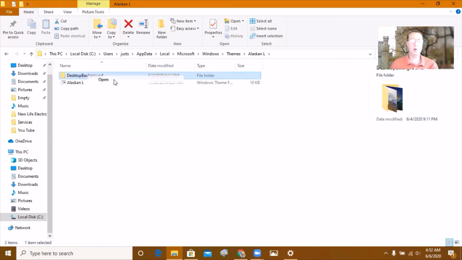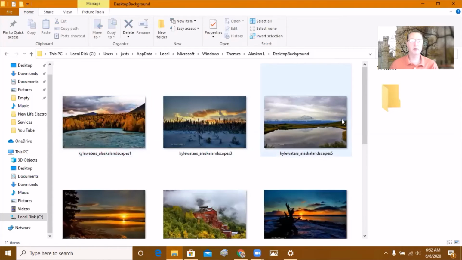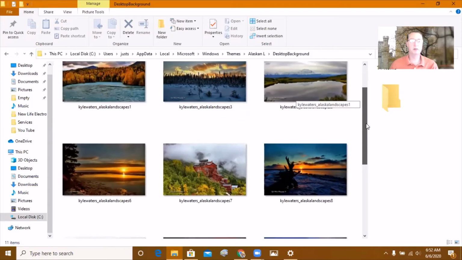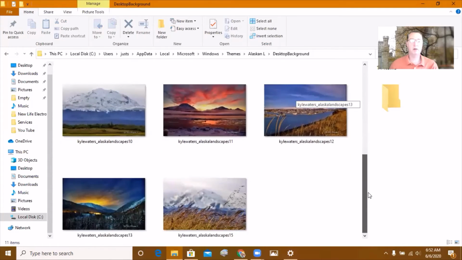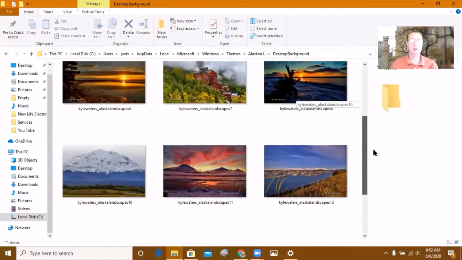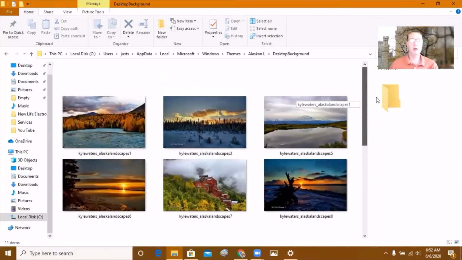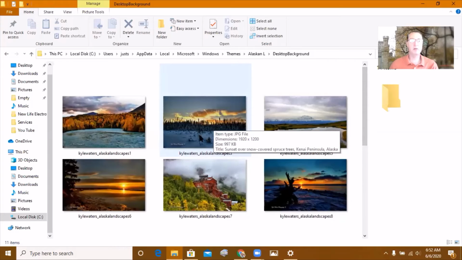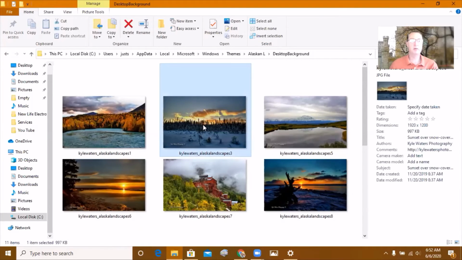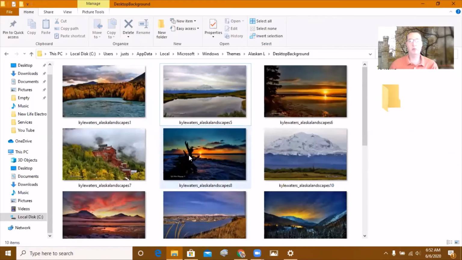It didn't want to cooperate, so I'm going to do the open thing. All right, so here's my Alaska one, and I like all those. Again, I'm crazy a little bit, but this isn't my favorite. Maybe it's the lighting, maybe it's a little too dark, whatever. So I'm just going to select it and hit delete,